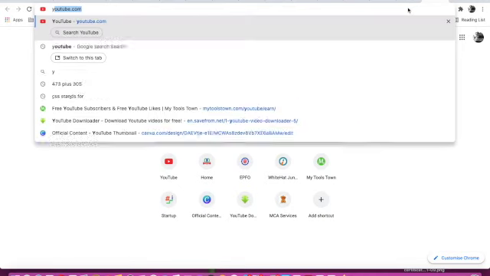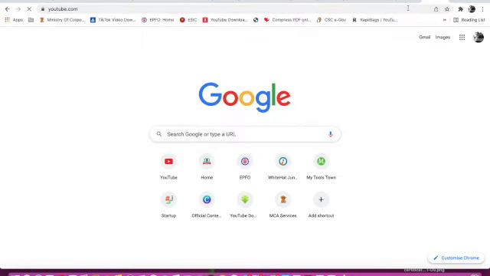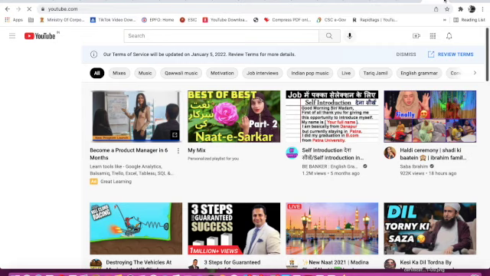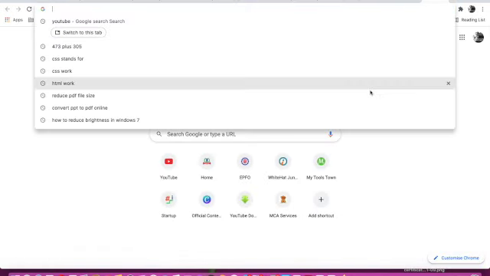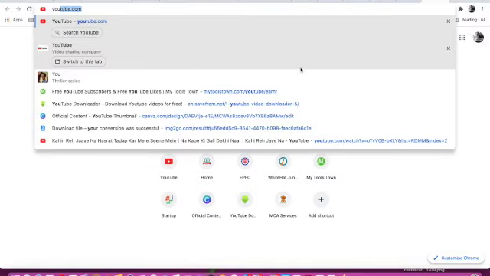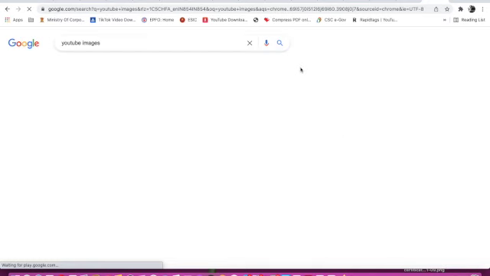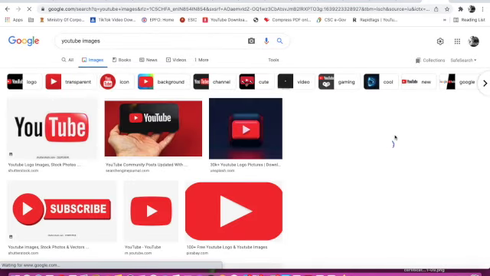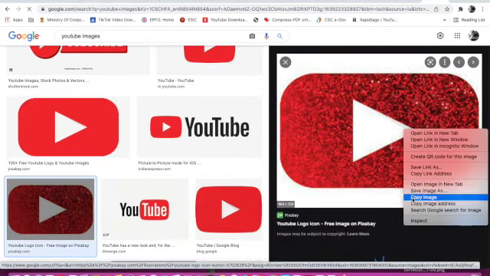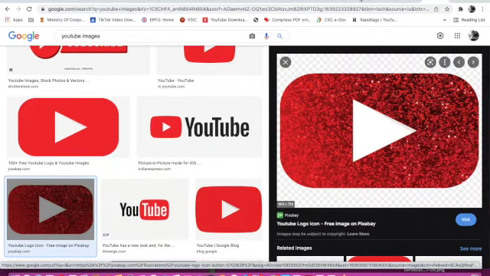If we want the YouTube image, I can search youtube.com or just search YouTube, then search YouTube images or YouTube logo. From here we can copy the image address, whichever image we want.